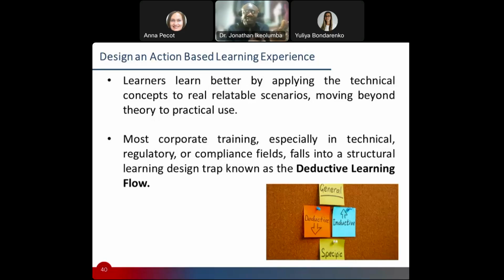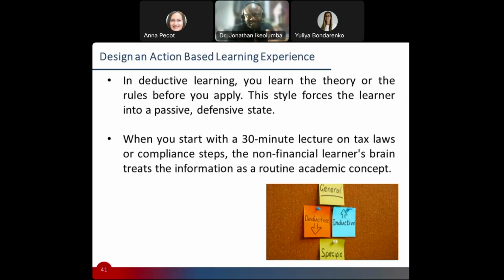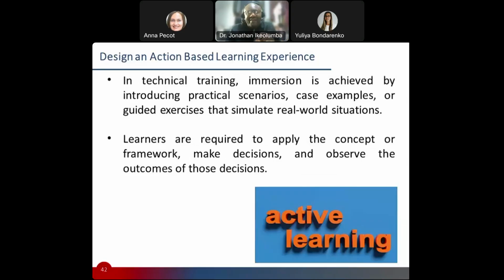But inductive is the other way around, where you make them simulate scenarios where people act, almost like you immerse people to act, and then based on what they've experienced, the learning comes true, right? So it's almost like inverting that process. There's an argument that I'm making: when we're delivering technical trainings, sometimes it helps to immerse people. Because it's quite technical, you want to first get their perspective by allowing them to try out what this means for them, and then you get them to understand the reality or the idea around what you had.